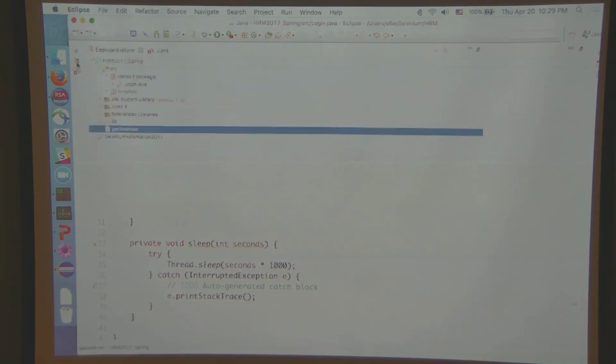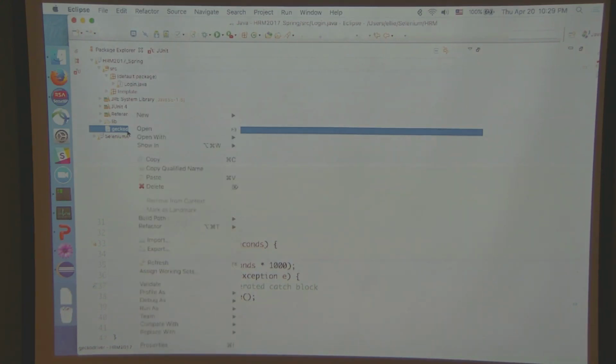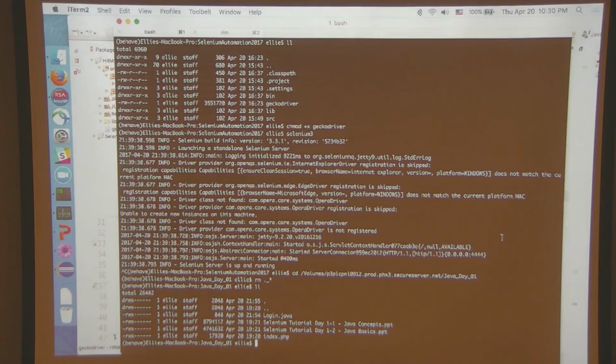In Eclipse, if you're on a Mac, okay, time out. If you have the same issue I'm having on the Mac, you will right-click on Gecko Driver, and you will choose Show in Terminal. Yeah, you basically have to go to the location of your Gecko Driver through your terminal, however you want to do it.